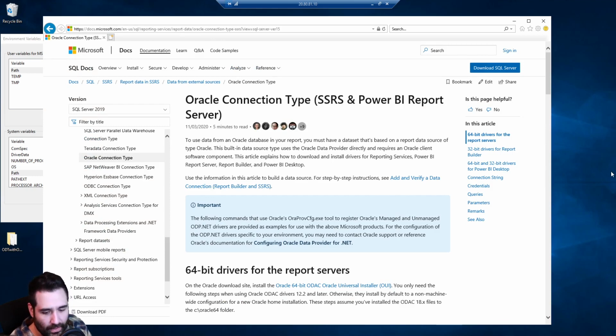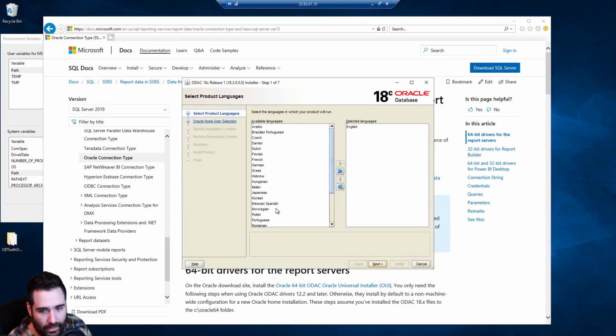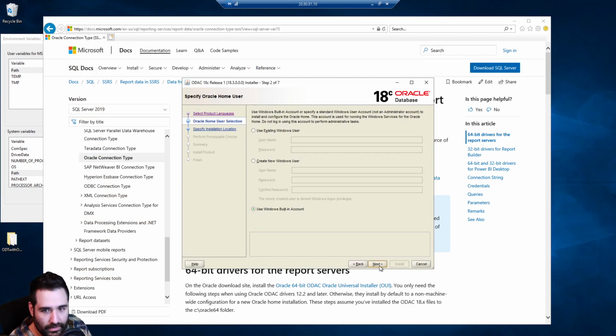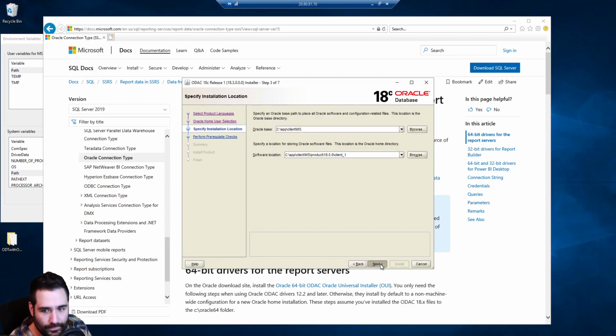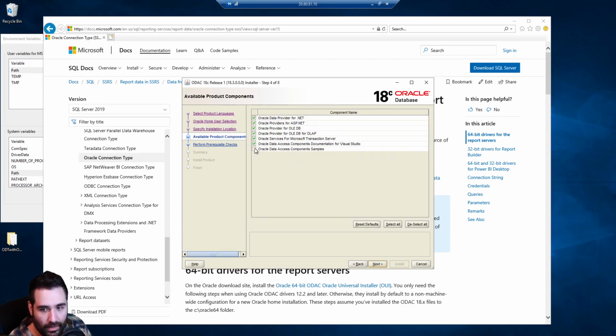All right, the installer finally started up, so I'm just going to hit next. You can leave this as default, but I am not going to, because it's going to get super confusing if I don't label this Oracle 64, because I'm installing 64-bit and 32-bit, so I'm calling it Oracle 64. So that's the only change I'm making. I'm hitting next. Like I said, I'm unchecking transaction server,